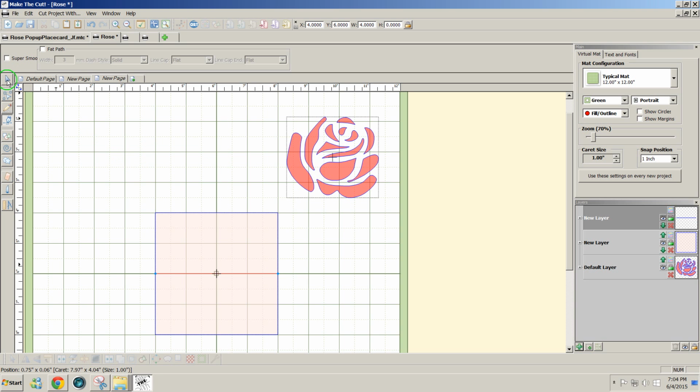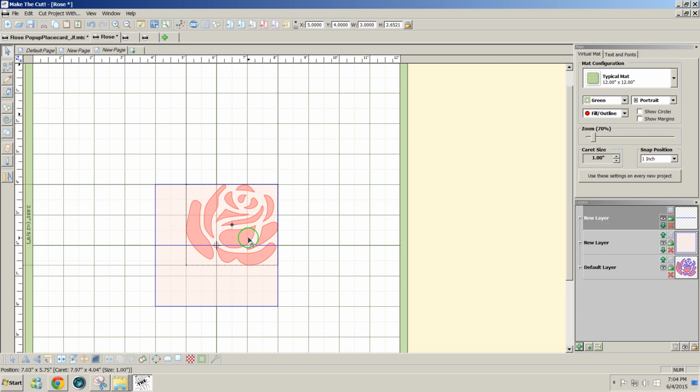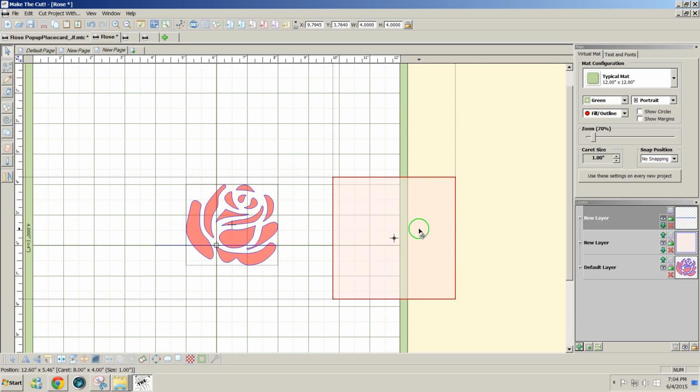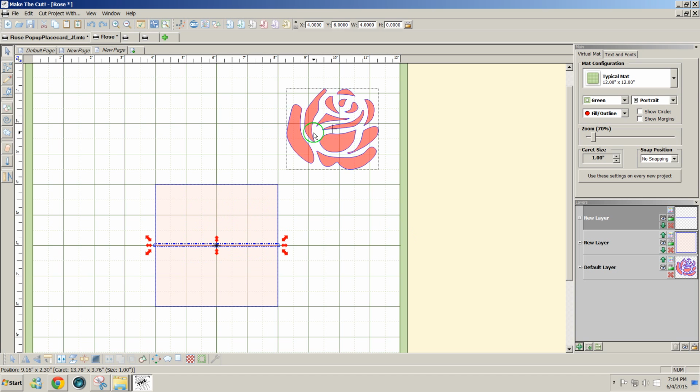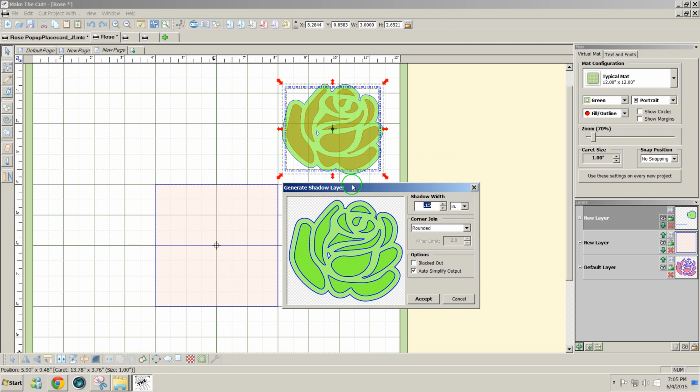Now I'm going to click on the selection arrow at the top of that toolbar and select my rows and turn off snapping because I no longer need that. What I want to do is select these rows and click on the fourth icon from the right on the bottom toolbar to create a shadow layer. Now I want the shadow width to be 0.15 inches with the corner join rounded, and I'll select